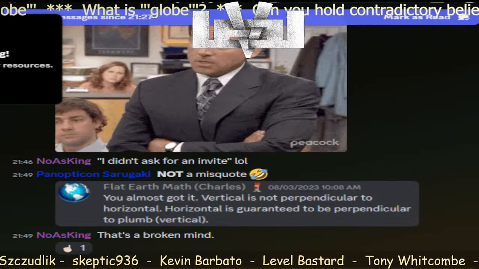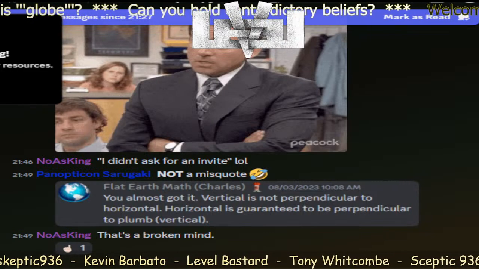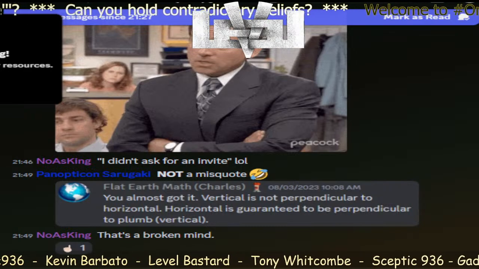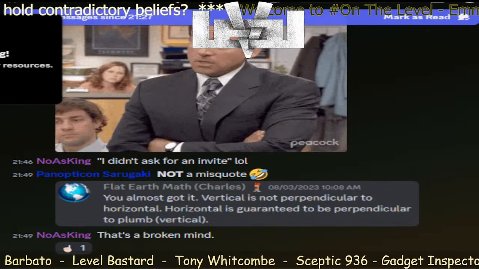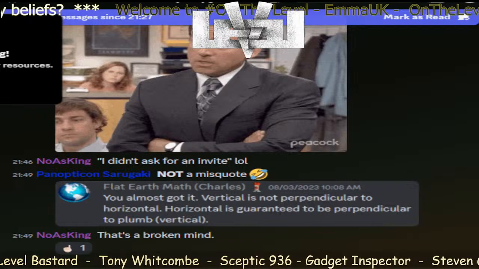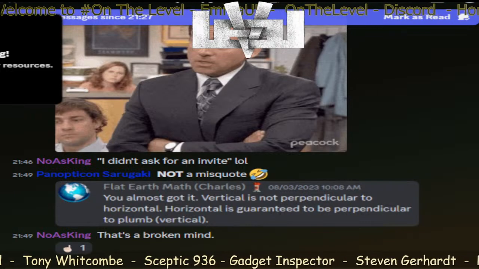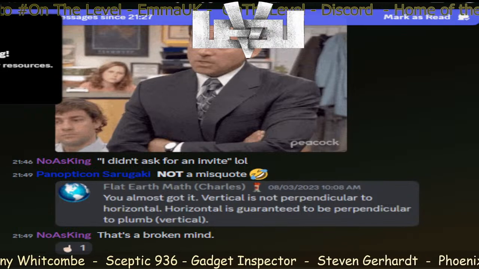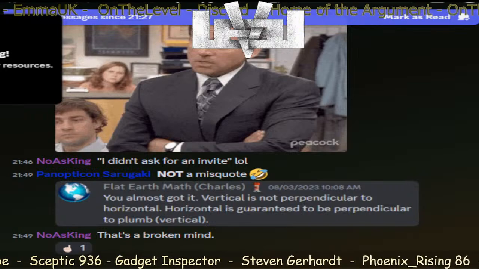There's no contradiction between the line of latitude and longitude. Perpendicular is a relationship between two straight lines to one another. No, that's not what perpendicular is. Perpendicular is meeting at a right angle. It's not a contradiction, Charles, but it wasn't a claim that he made. That's the whole point, because he imagines them as circles, and I know what you are talking about, Charles.